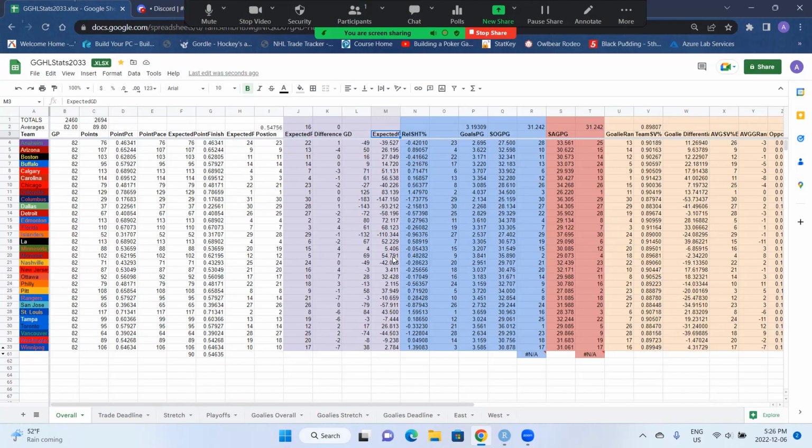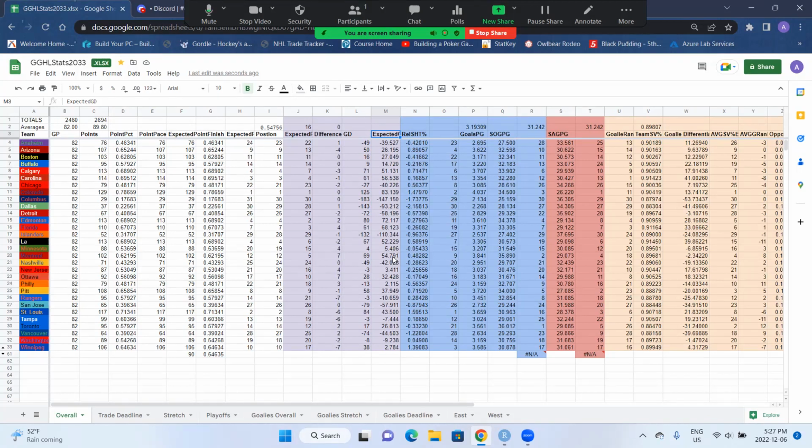What it does is it takes a shooting percentage, multiplies it by the amount of shots your team has, and then you subtract that number from the amount of shots your team allows times a save percentage. That's kind of how expected goals works in real life as well, except